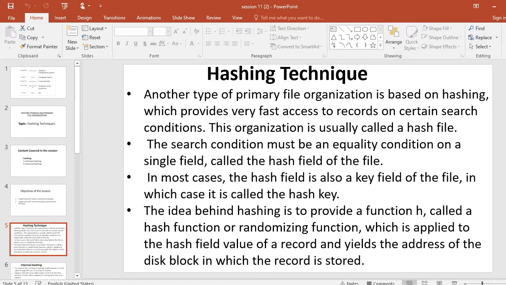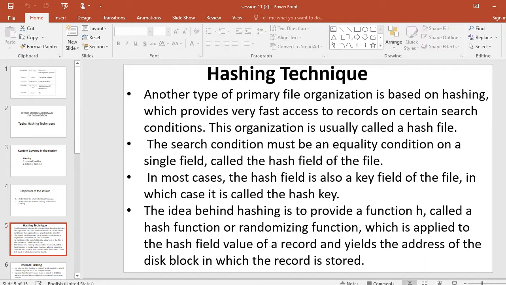Now a brief introduction about the hashing technique. Another type of primary file organization is based on hashing, which provides very fast access to records on certain search conditions. This organization is usually called the hash file. The search condition must be an equality condition on a single field called the hash field of the file.